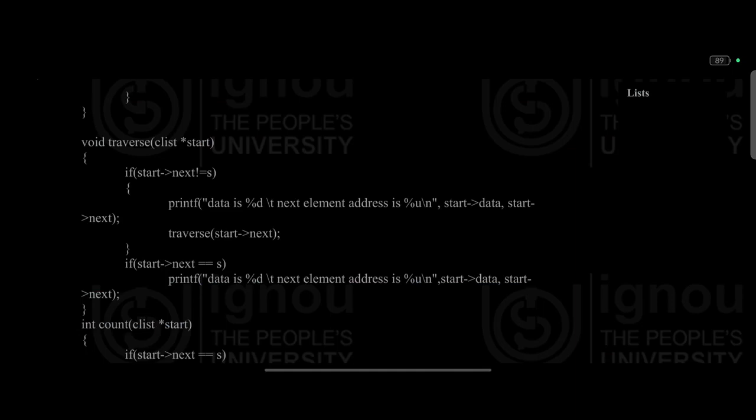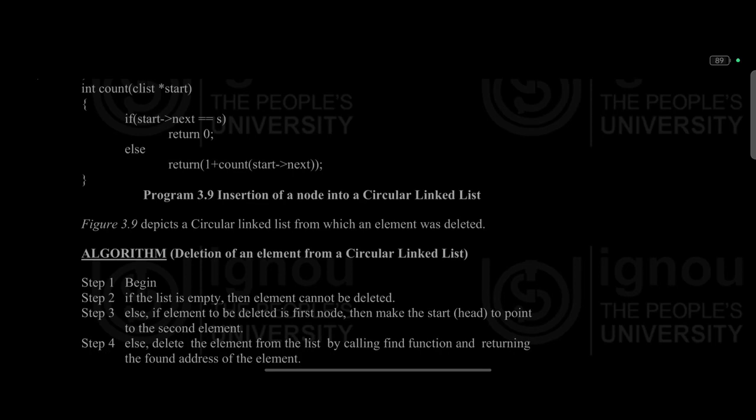if (start->next == s) printf("data is %d\t next element address is %u\n", start->data, start->next); } int count(clist *start) { if (start->next == s) return 0; else return 1 + count(start->next);